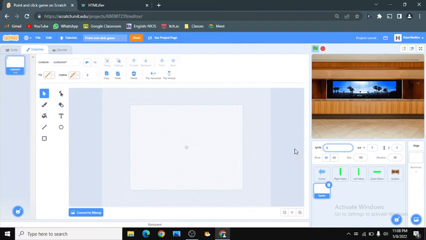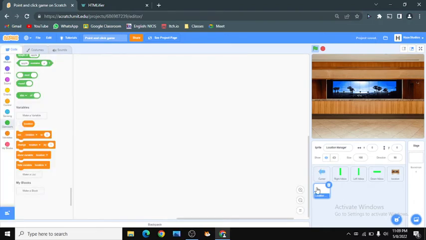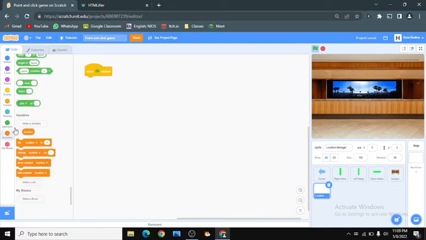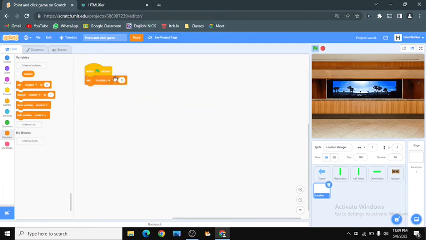So I'm gonna call it location manager. This sprite will basically manage your location and where you are going and where you are and stuff like that.